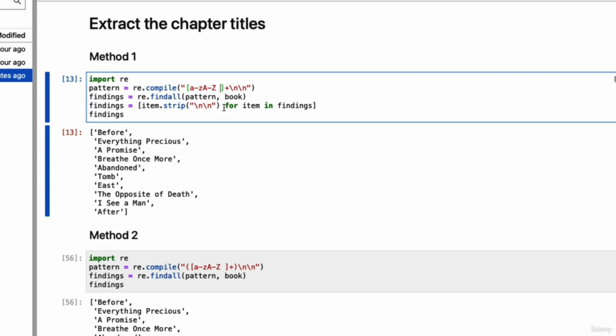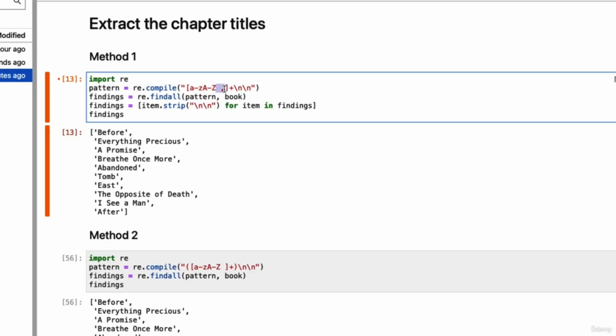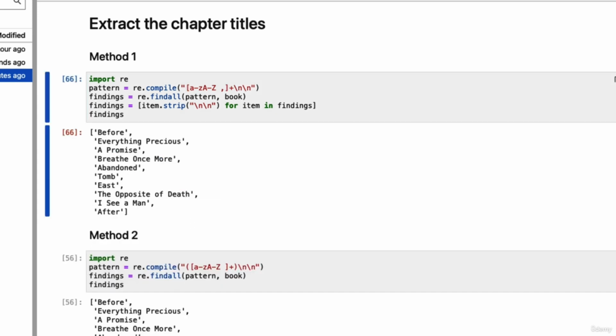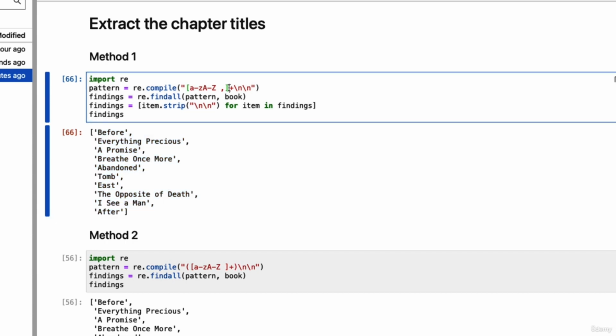It might have commas though, so you could add a space and a comma, because chapter titles can contain spaces, but sometimes maybe they can contain a comma as well. But they don't contain periods, so I'm not adding a period here. So if I execute this, I get this list of chapter titles,